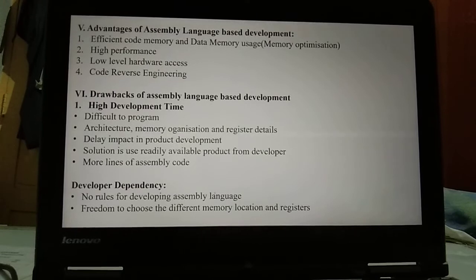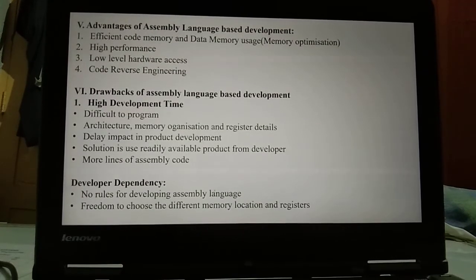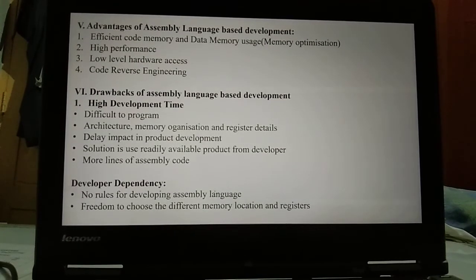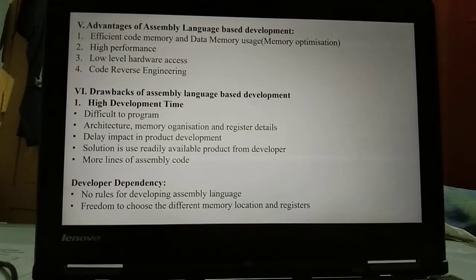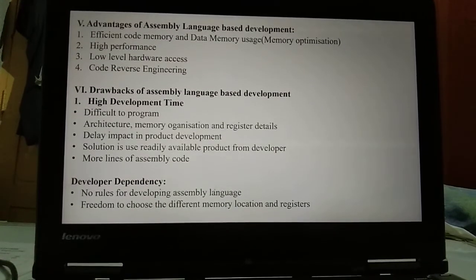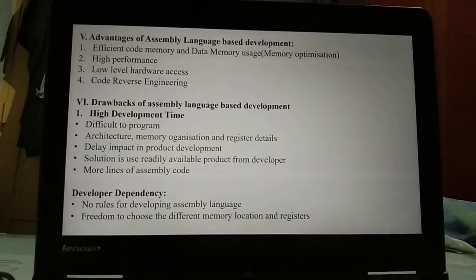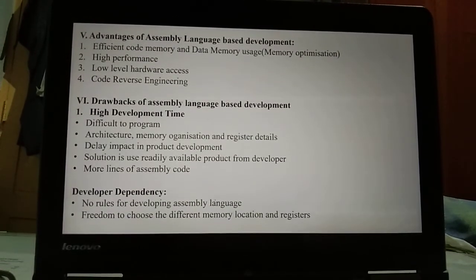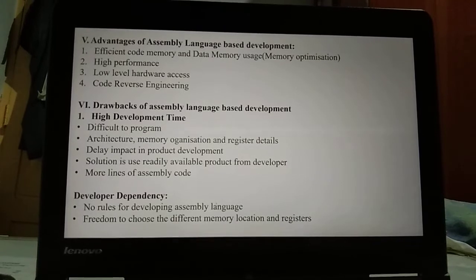To develop one functionality in assembly language, it requires more lines, whereas in high level languages it requires fewer lines. Developer dependency. There are no rules for developing in assembly language. For developing in a high level language, there are rules.